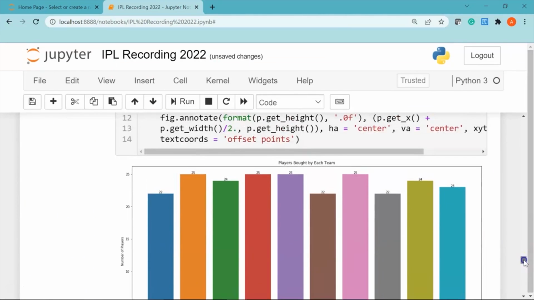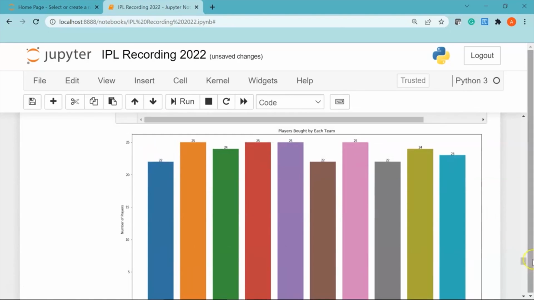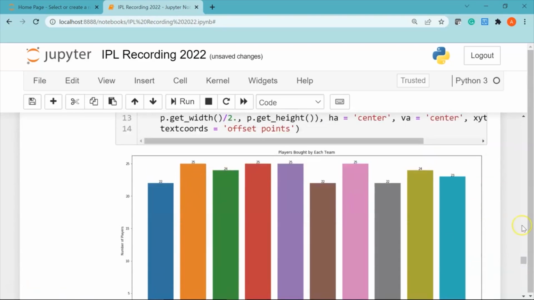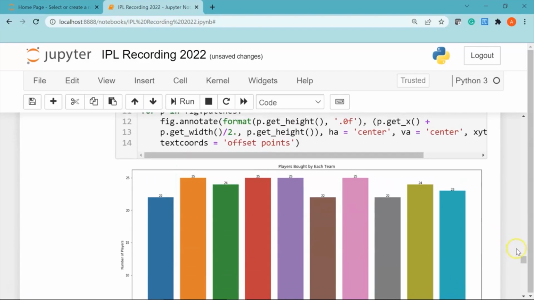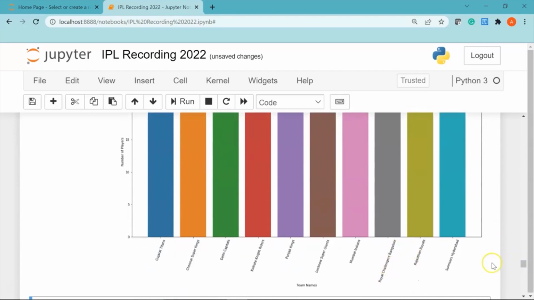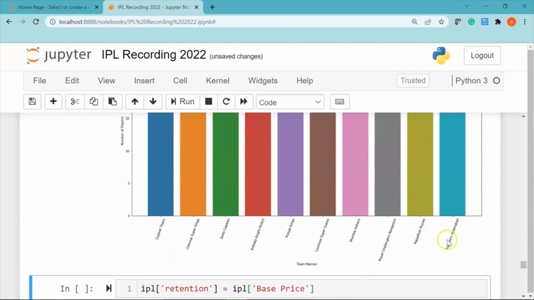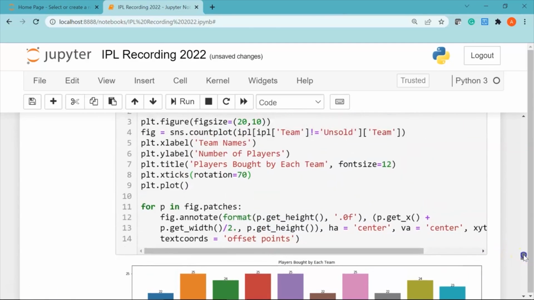So the maximum a team can purchase is 25 players. Some of the teams have also purchased 24, 22 and 23 players. Let me just show you. So Gujarat Titans have purchased 22 players in total. Then Delhi Capitals have a total of 24 players in their squad. Again, Lucknow Super Giants have 22 players. If I scroll and see again, Royal Challengers Bangalore, or RCB, have 22 players in the team, and Rajasthan Royals and Sunrisers Hyderabad have 24 and 23 players respectively in their teams. Alright,